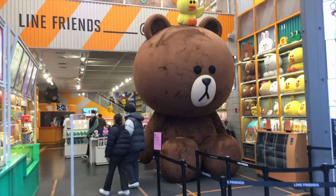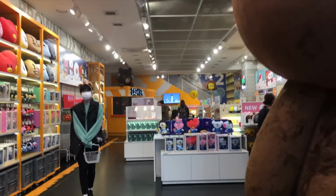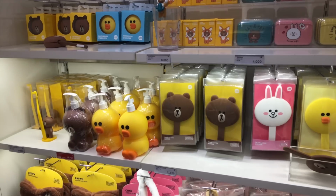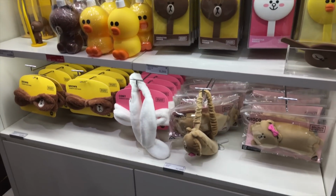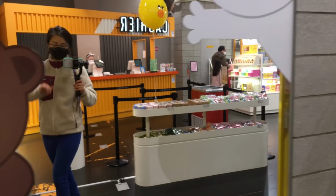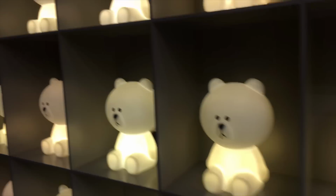So now we've arrived at the Line store. You might want to come here and take a photo with that big brown bear. Sometimes he changes his outfit depending on the season. Line is a chatting app that's really popular in Japan. I think in Korea, Kakao is the more dominant app, but they still have a lot of Line stores throughout